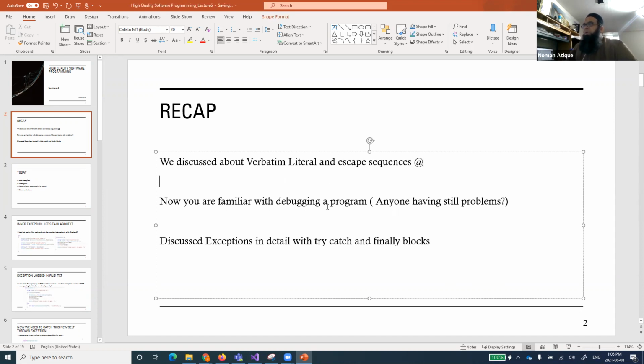Now you are familiar with debugging a program, and again, this is an important part of it. I am expecting you people to have a good understanding of the debugging now. For those new people, now you are familiar with the debugging, how to run a code line by line and see where you are going wrong, where your program is failing.